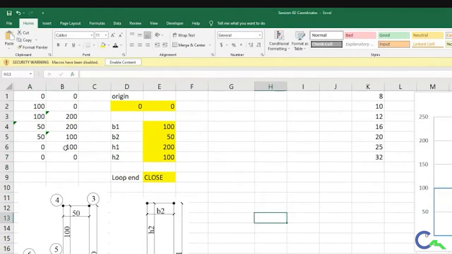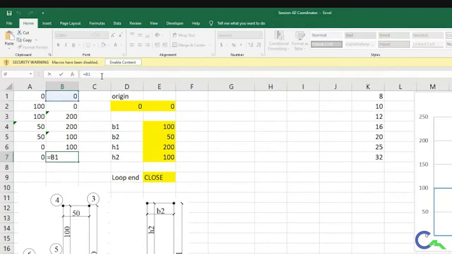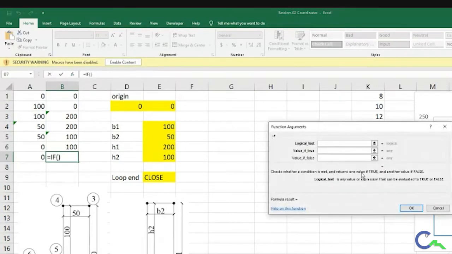Okay, I will come back here. For this also I have to write this statement. So I will open the if statement. I will go to this easy option. If this is equal to, I will open double inverted comma, then I will write close.